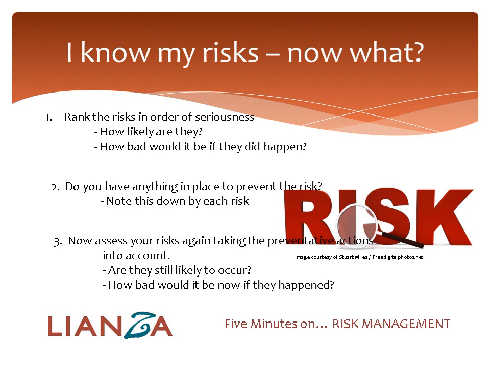I know my risks. Now what? Of course, now you have an overwhelming list of potential risks. So, what do you do with them? Well, first you need to rank them in order of their seriousness. The easiest way to do this is to grade them according to how likely they are to happen and how bad the repercussions would be for the organisation if they did. This is the total risk.